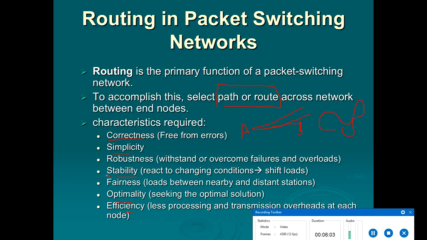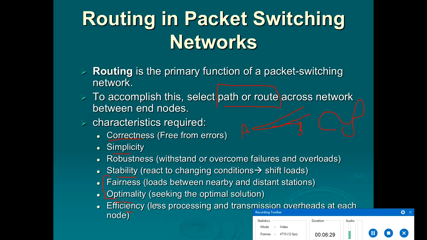Next, we come to two important factors, which are fairness and optimality. Fairness means balancing loads between nearby and distant stations, and optimality means seeking the optimal solution. So a trade-off also exists between these two points. Some performance criteria may give high priority to the exchange of packets between the nearby stations as compared to the